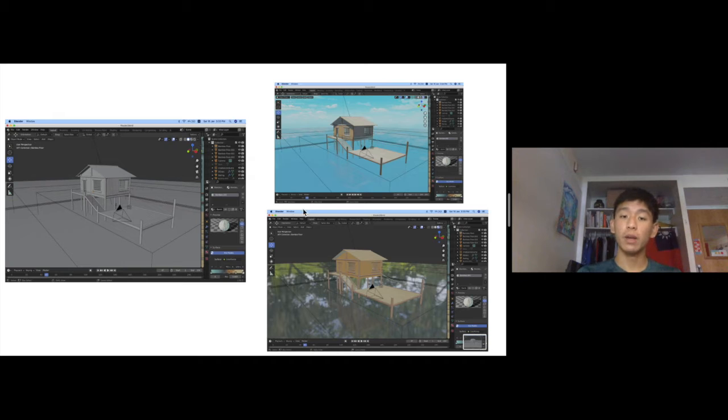And then once I had the textures decided, which is shown on the bottom right, I moved to the final phase, which is on the top right, and that is when I started putting in the lighting for the scene. Where is the sun at? How will the reflection play out? And as you can see, that's when I started implementing the little reflections that I really wanted for this project